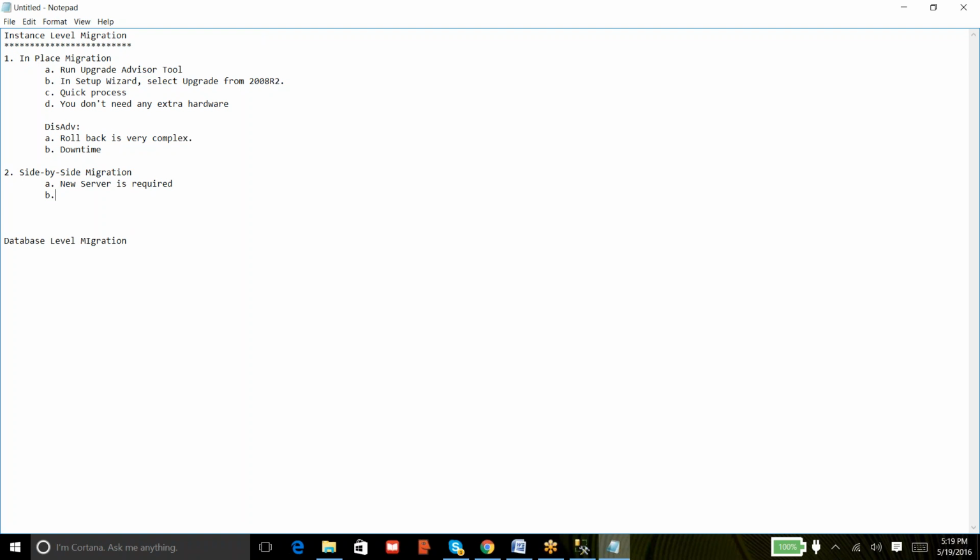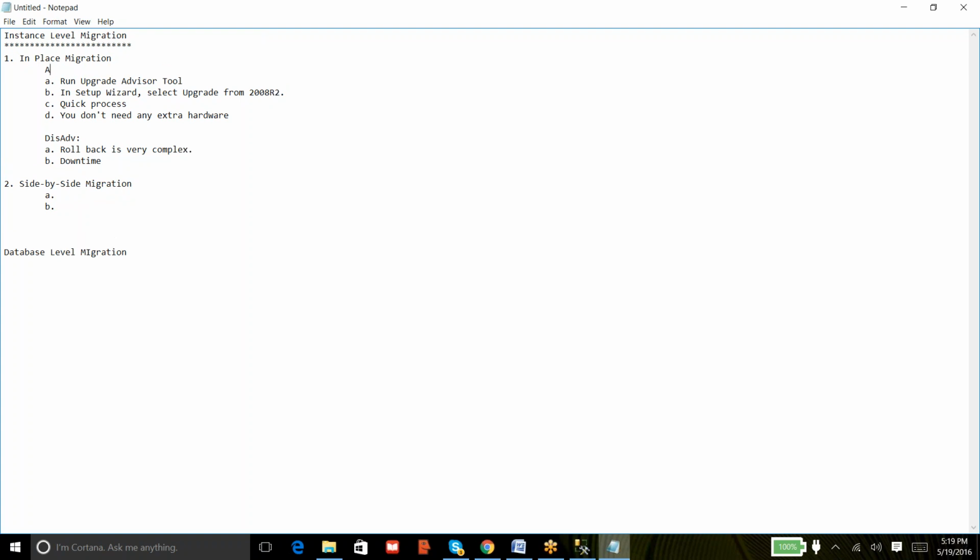And then after, okay, I need to make the advantages first about this one. What is a side-by-side migration? What are the advantages you're gonna get with this one? So the same thing I have pasted over here. Okay, so the advantages, I can make it as